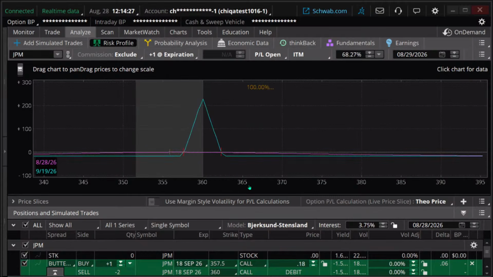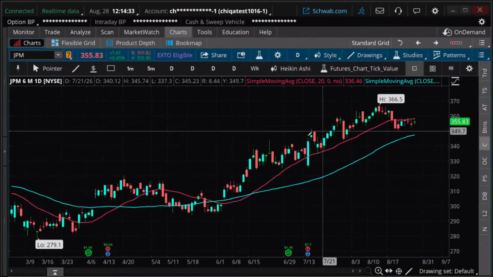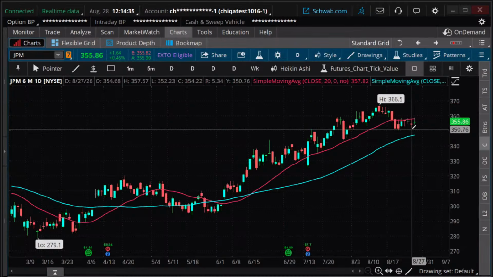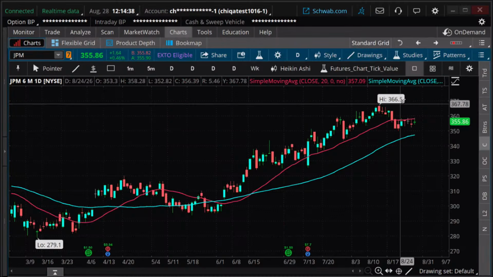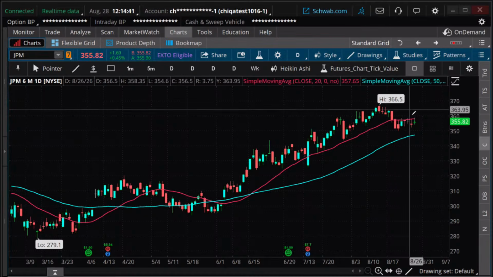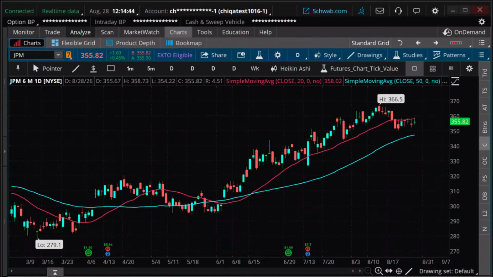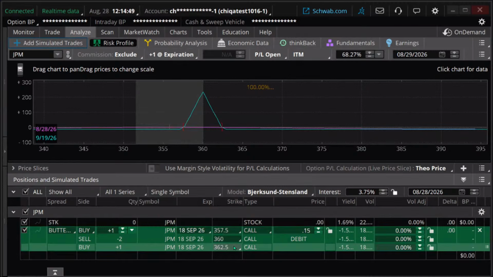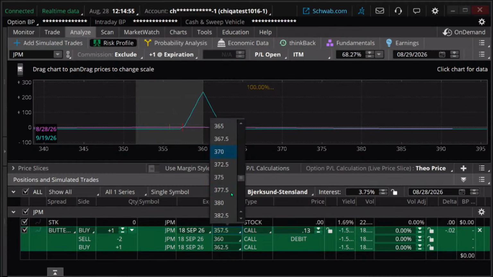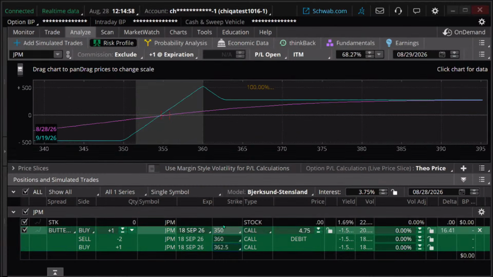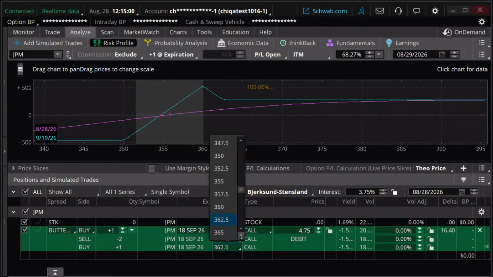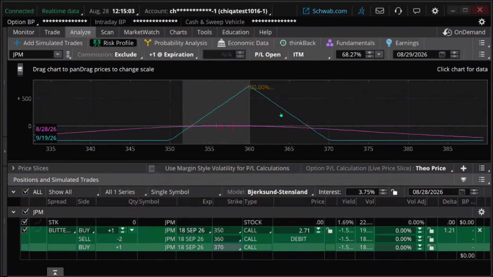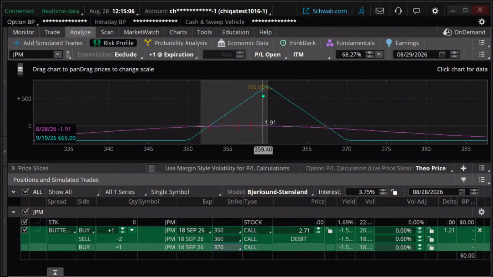And so what I'm going to do is spread it out. Now, when we were looking at the chart, we said down here is the low end, about 350, and closer to 370 is the high end. 360 is the middle. That's what I'm going to do here. Okay, so I'm going to change these strikes to 350, 350 is right there, and 370. Okay. Still balanced. This widens this out.